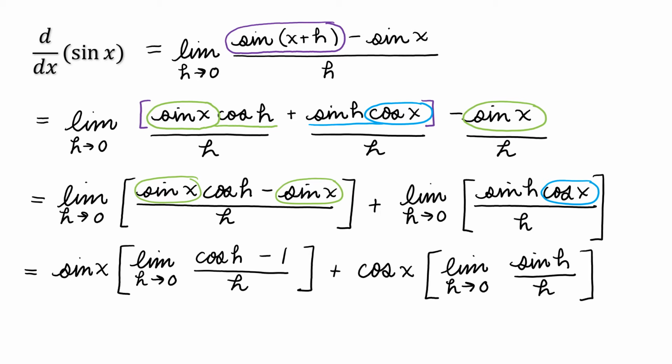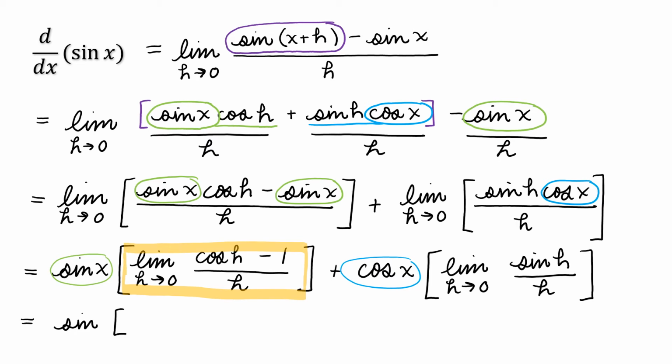And now some of these limits look a bit familiar. So we have sine of x times the limit as h approaches 0 of cosine of h minus 1 over h,